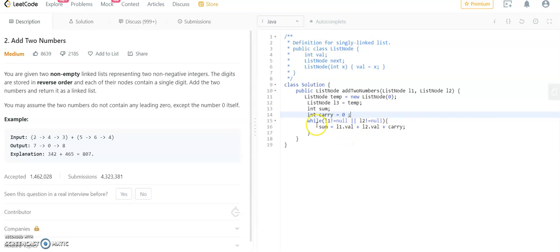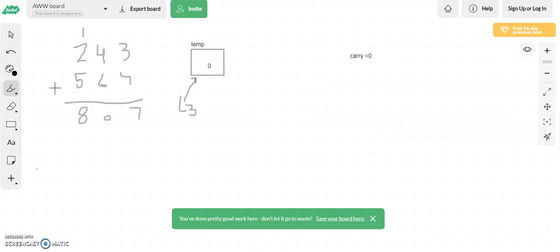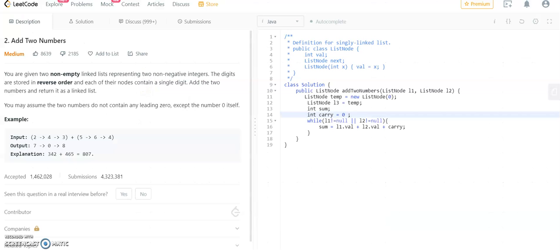But suppose list node L1 has reached the end, so L1 will be null, but L2 is not null, so it will go inside the while loop. But we don't want to add null to 0. Suppose here we have another value as 0 and this is null. We don't want to add 0 with null because that will raise an exception.